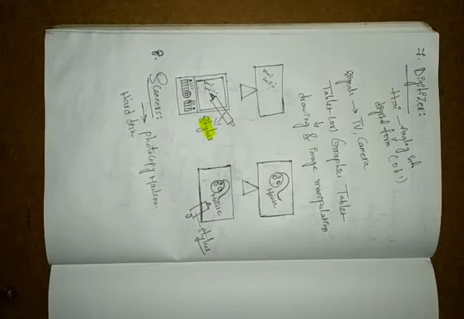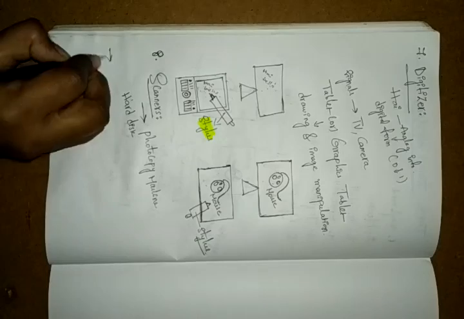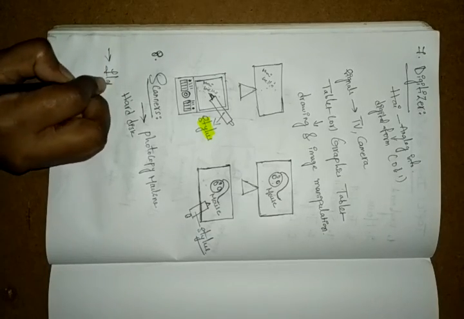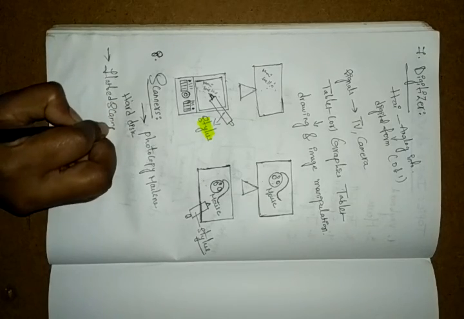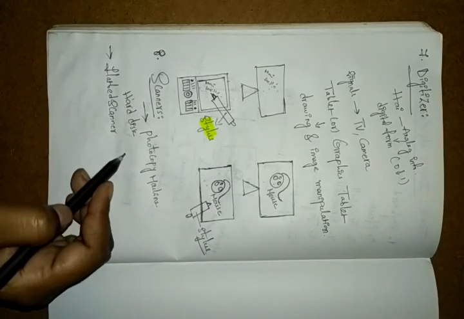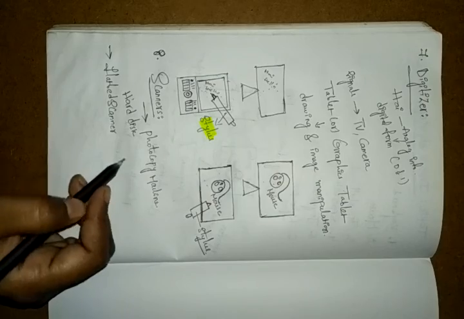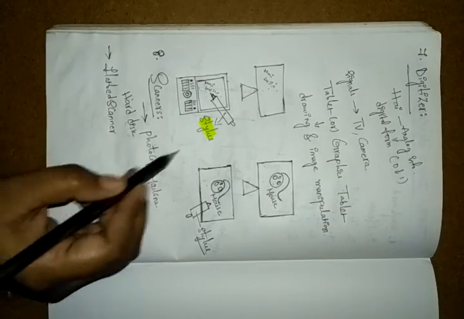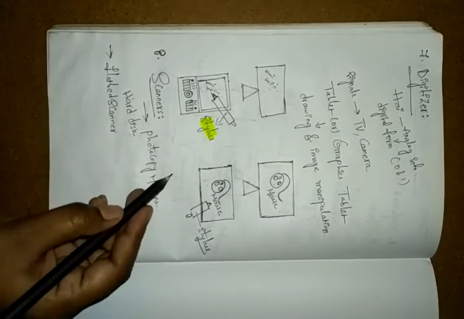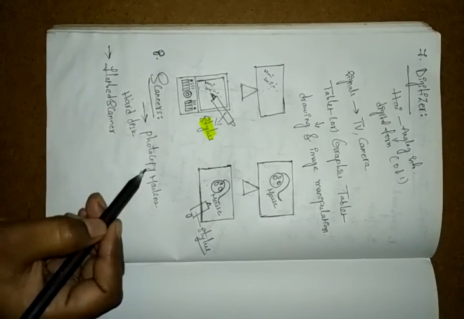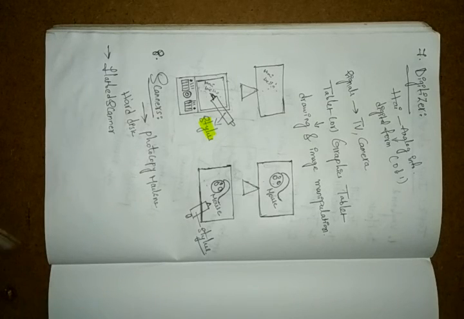And here we also have some types of scanners. We have the flatbed scanner. This is the flat type, and I think everyone has seen this one. We have one type of box with a flat surface on top, and once you place the paper there, you can see it and print easily. So we call it flatbed. I will send you the pictures for this.